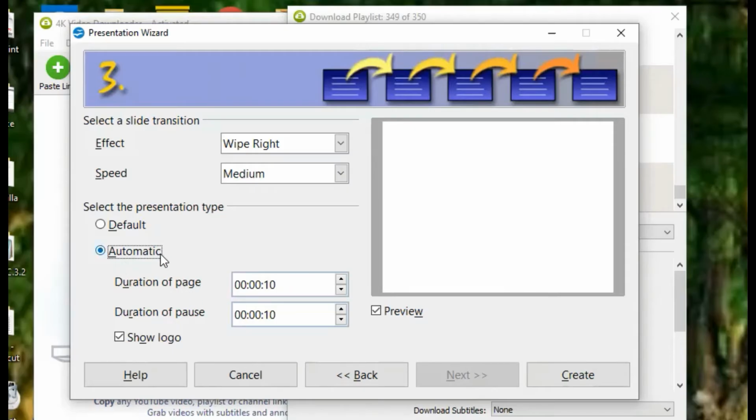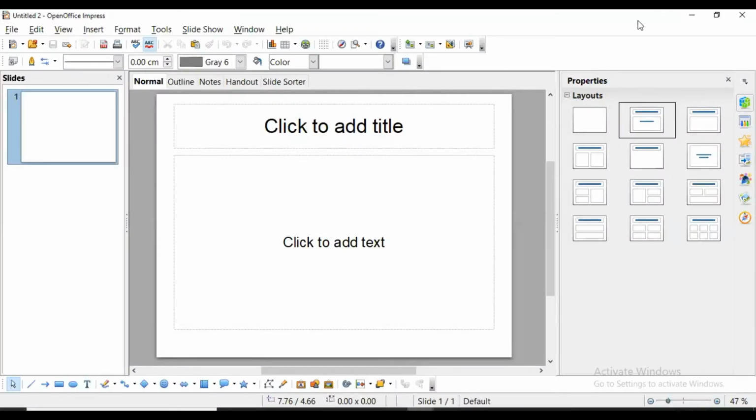So this is automatic. So in automatic, if you want to keep same duration, for example 5 seconds or 10 seconds to each page or each slide, at that time you can select that. Okay. So right now we are taking default, we are not setting this right now. And then create.